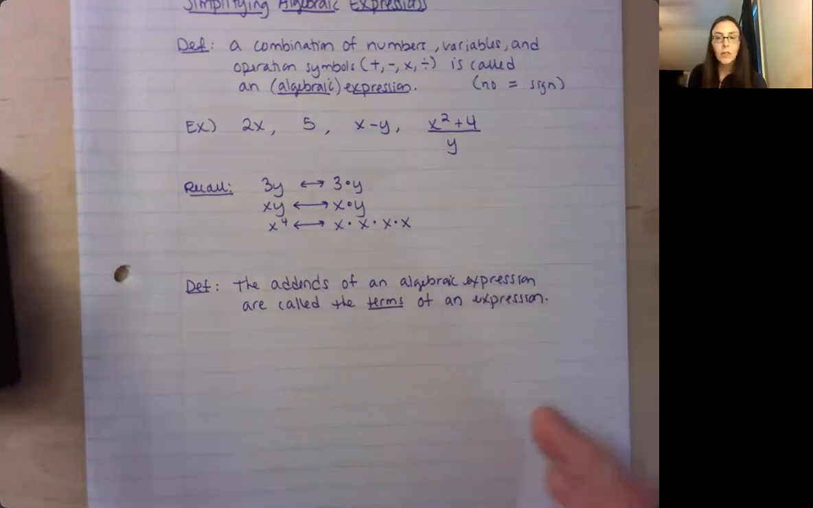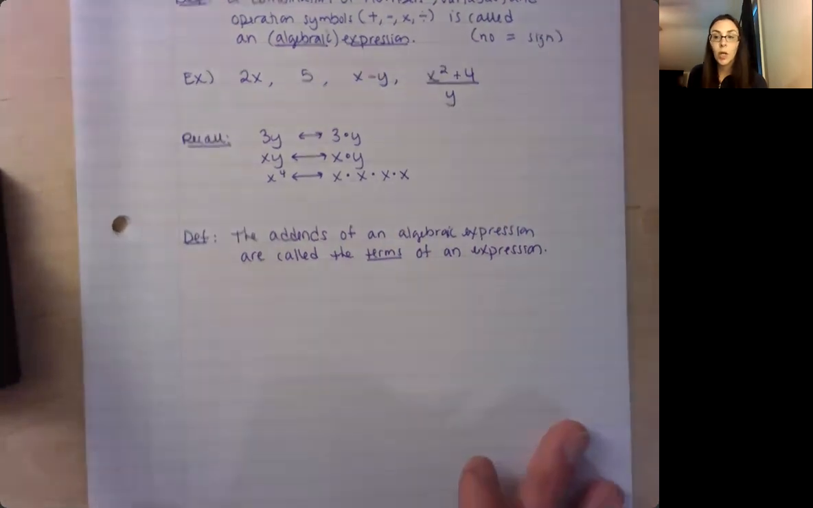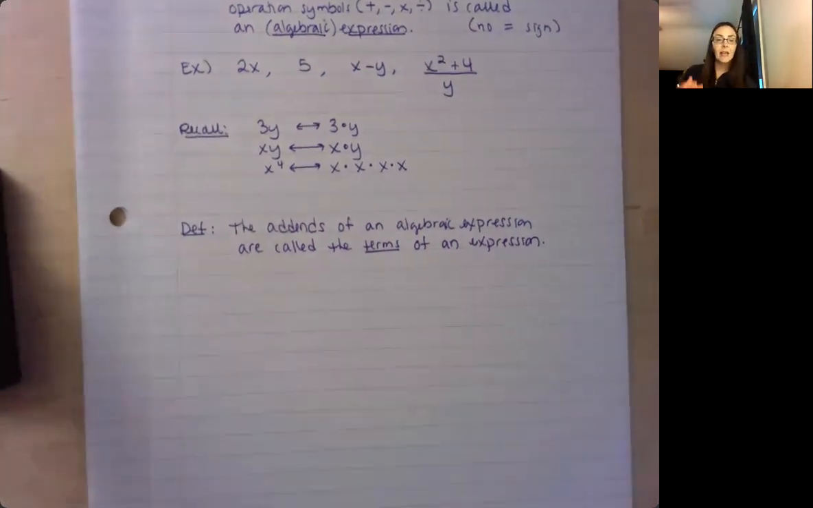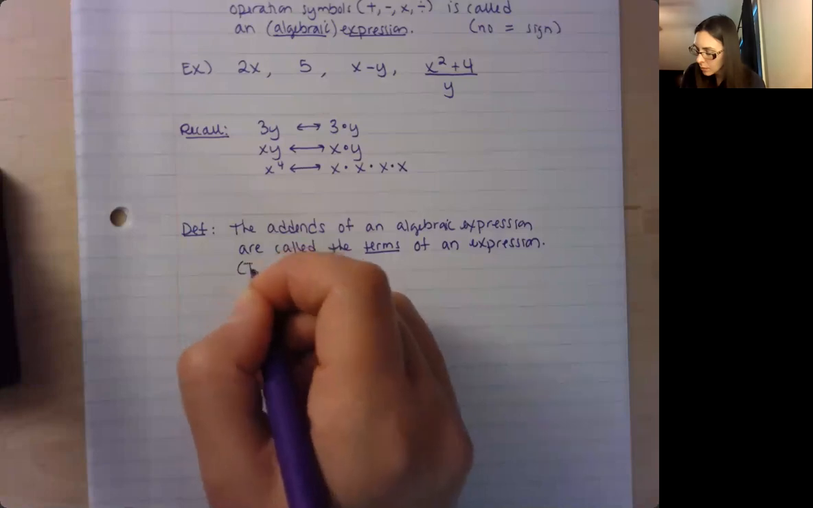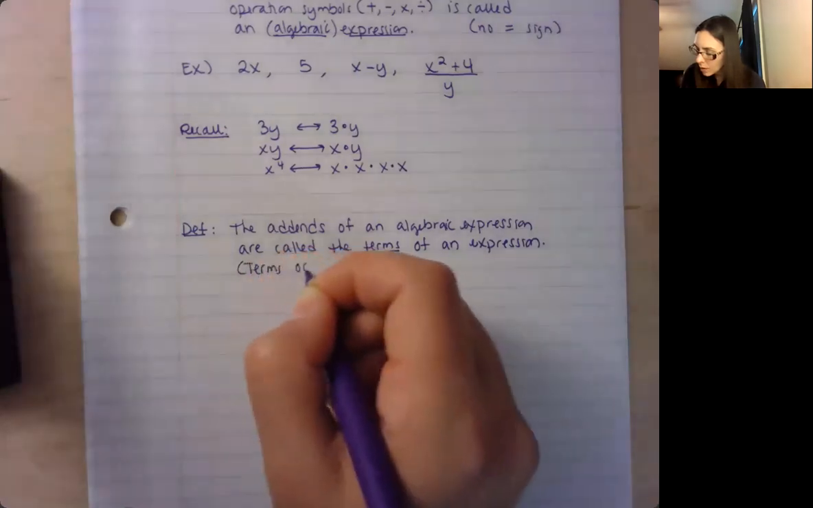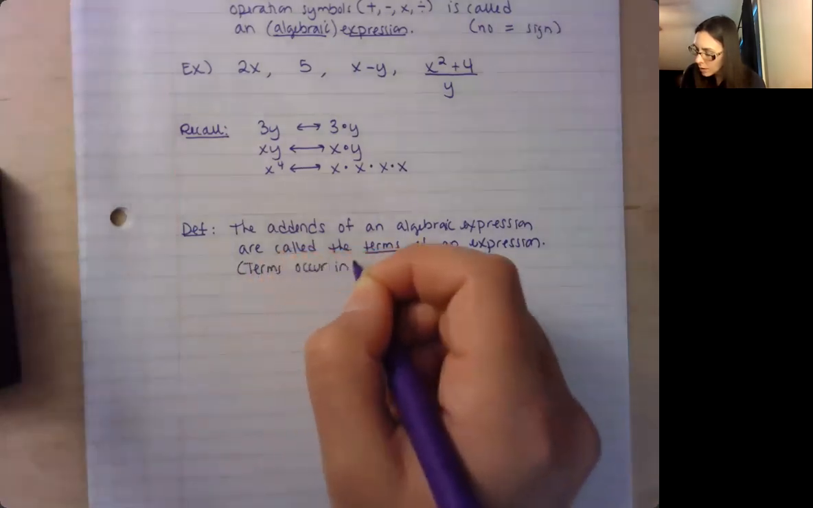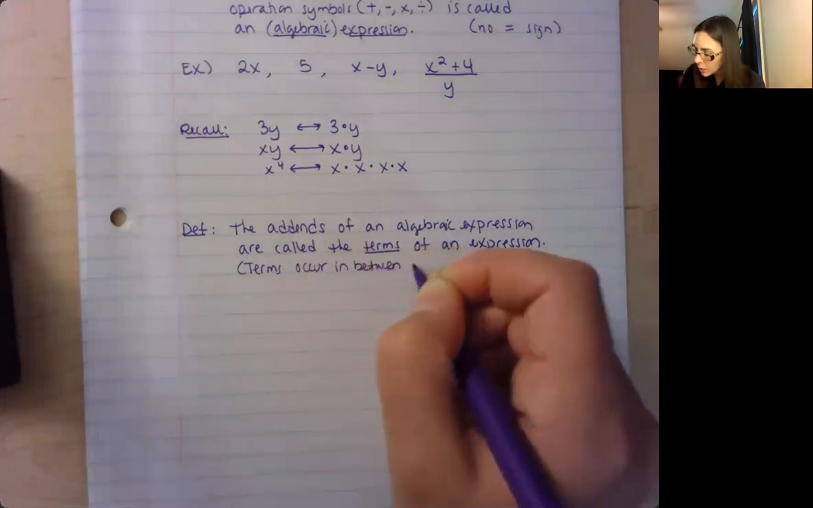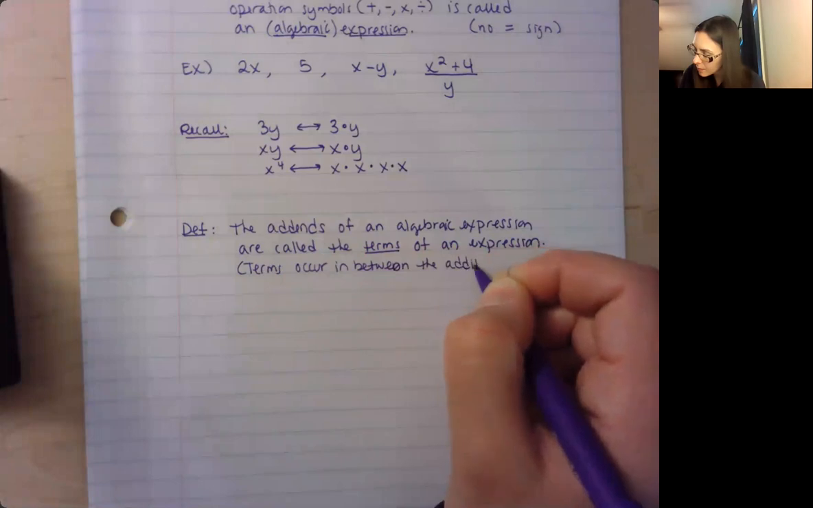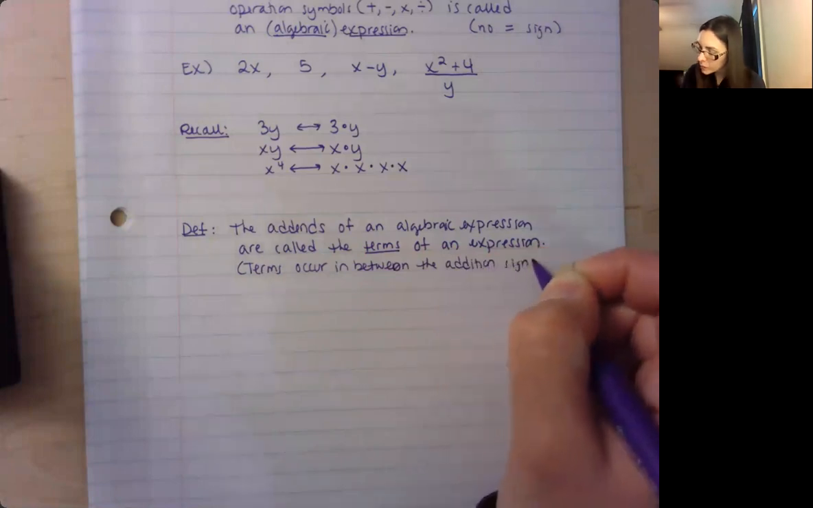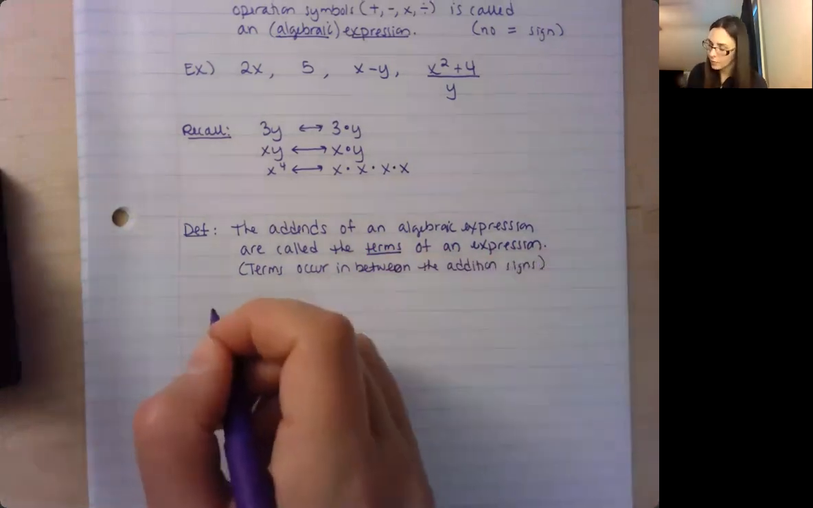Okay, so our first new definition is about the word term. So the add-ins of an algebraic expression are called the terms of an expression. So basically, terms occur in between the addition signs. So for example here,